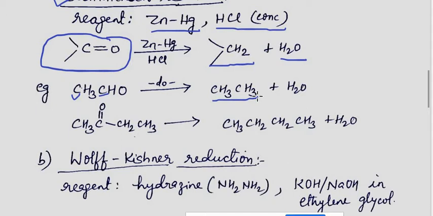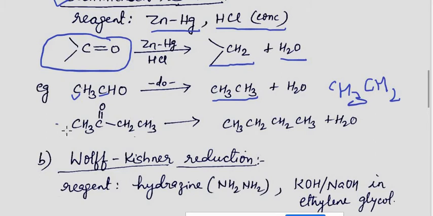What students make a mistake over here is that in the general form it is written CH2. So when they write the product, in this case they will write CH3 and CH2. Now that will become wrong, because if you write CH3 and CH2, then the valency of the second carbon will not be fulfilled, and then the product will become wrong. Since in the general form in the book it's written as CH2, they write the product as CH3 and CH2 because it's given in the general form. But this is wrong. You cannot write an alkane like this. You have to satisfy the valency of all carbon atoms. So that must be kept in mind.